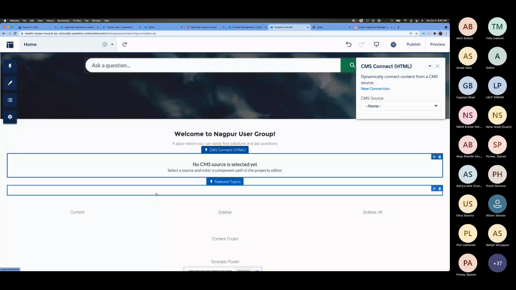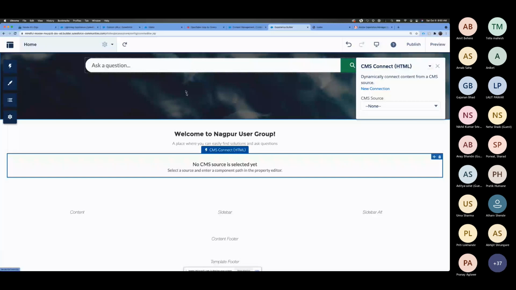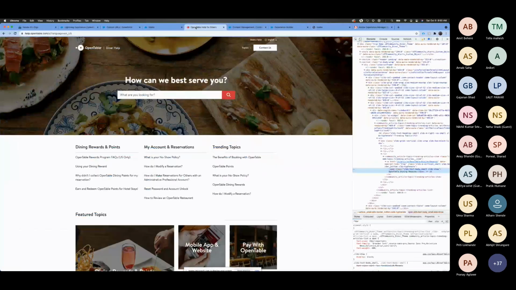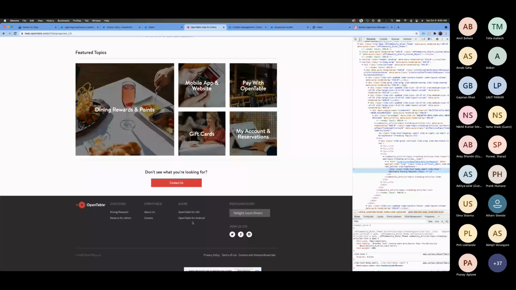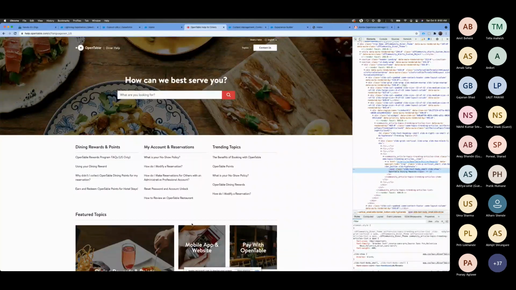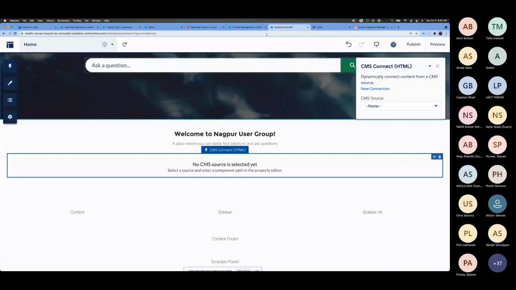So LWR is preferable, but in general, there's no difference. The only difference is how you want to represent it. I'm giving you an example of OpenTable. They use a standard template, which means they are not using LWR at the backend. But if you want to use your own custom framework, you have your own layout, and your business is very specific in terms of layouts, then you create this LWR-based framework on that.